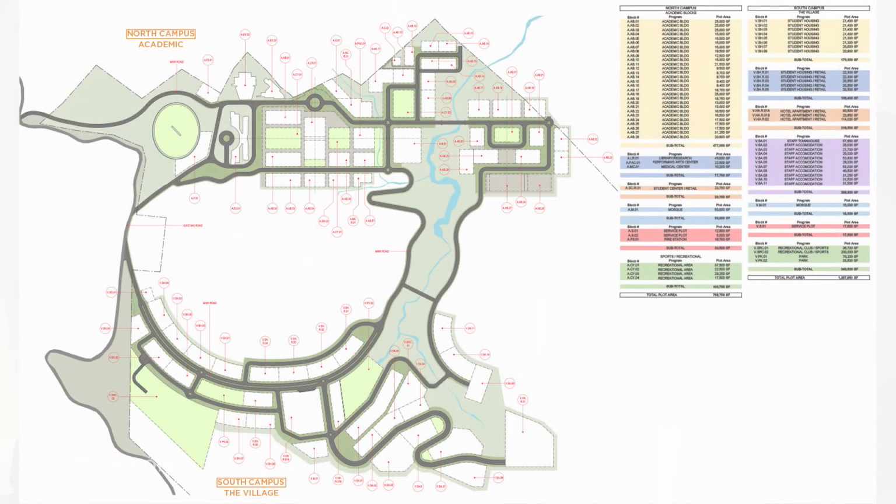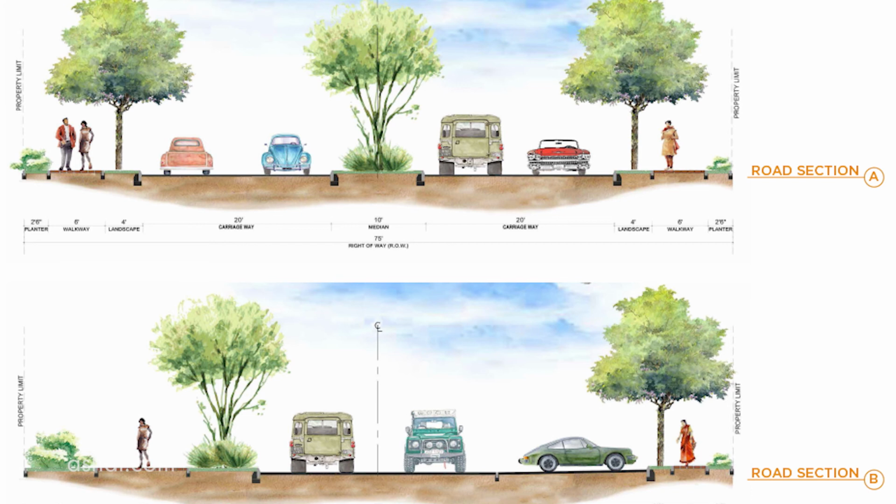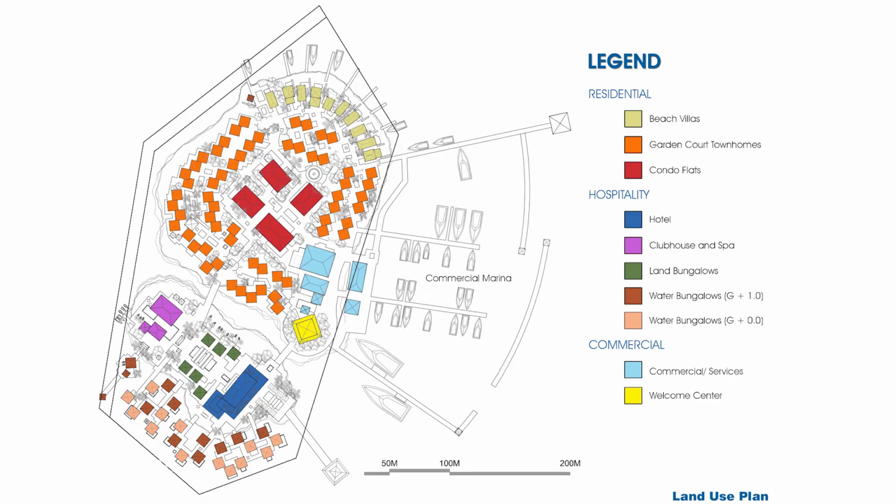A final master plan would be a computer drafted master plan. It would define roads, road sections, sections through the sites. It would explain how the topography is working. It would also create plots on the site. So the entire site will be divided into plots of land, and each plot of land will then be